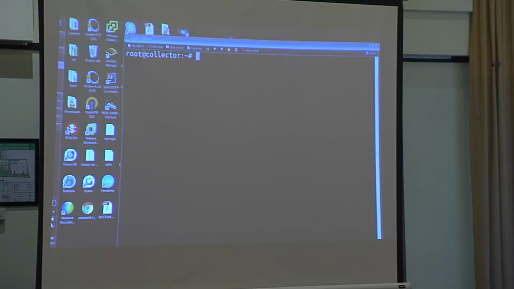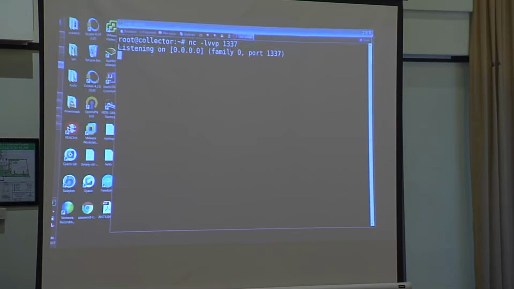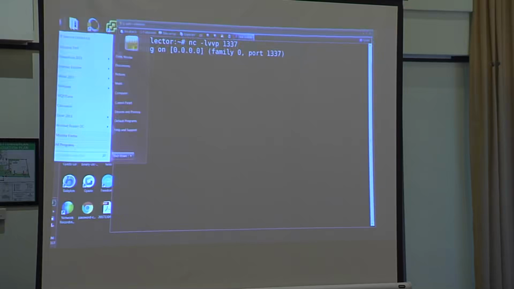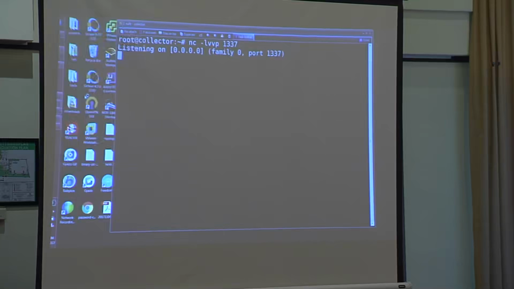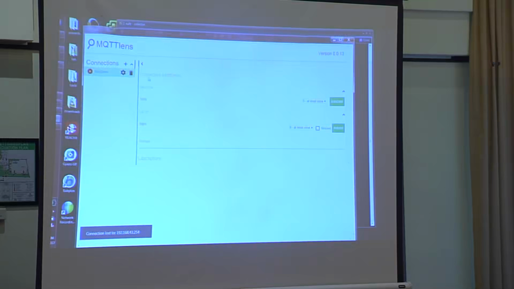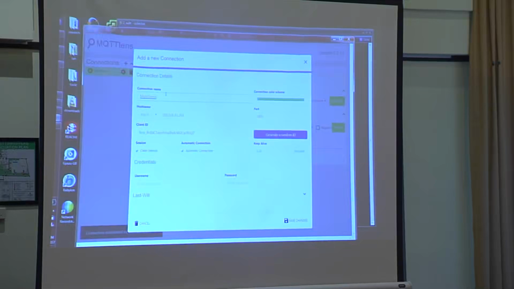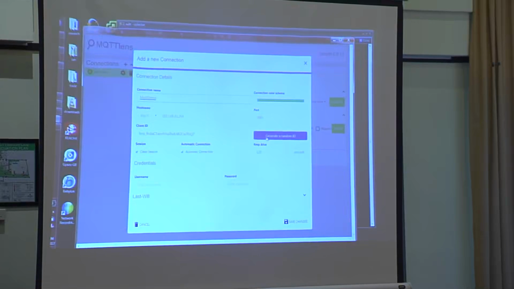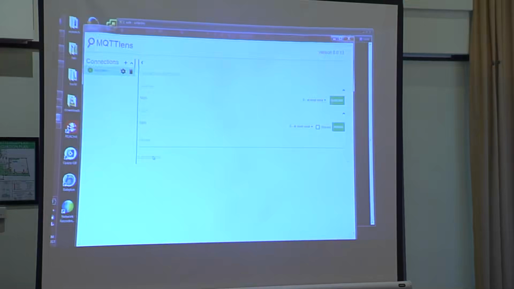Okay. That's my machine. I'm just listening on my port, and I'm waiting for the connection. Of course, I need to do the steps now. This is a very common MQTT client. Oh, I see some connection problem. I will handle it in a second. That's an MQTT client which I can use in order to debug my machines or develop my MQTT. I will just try to fix the connection.